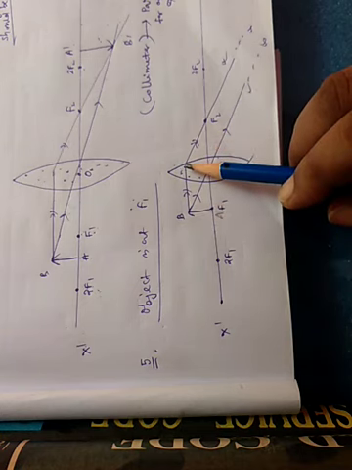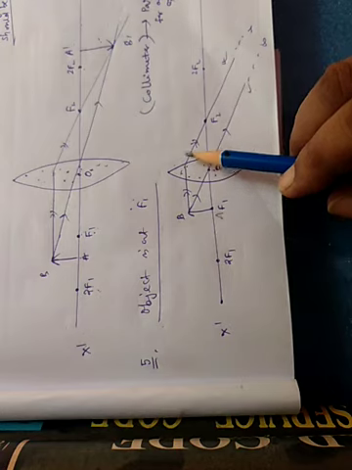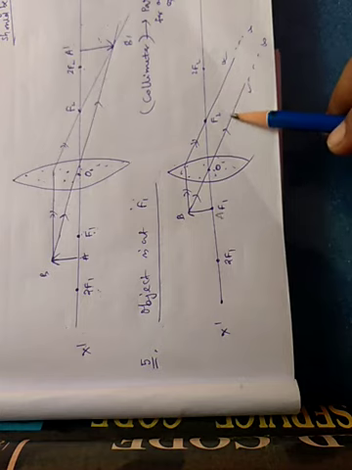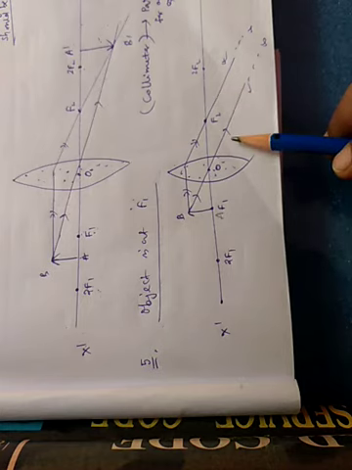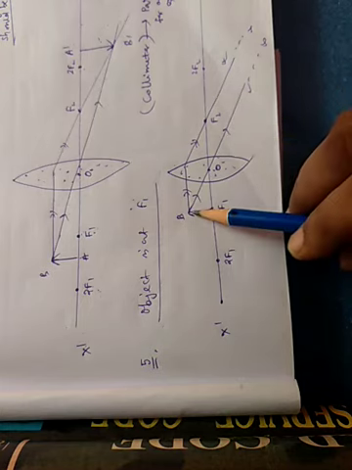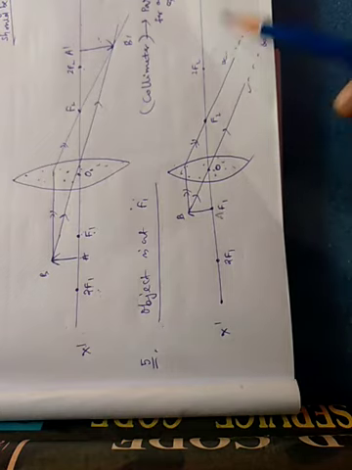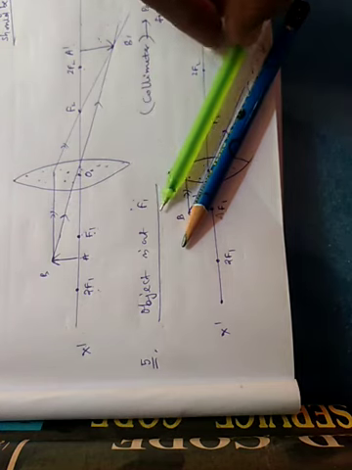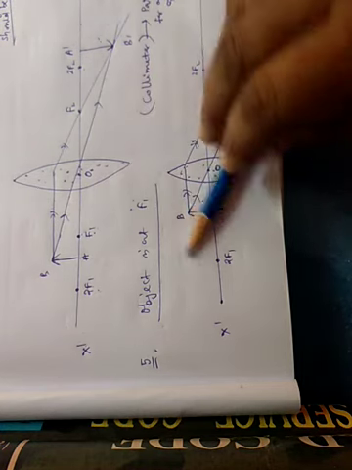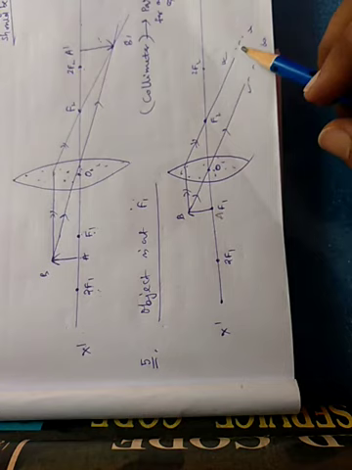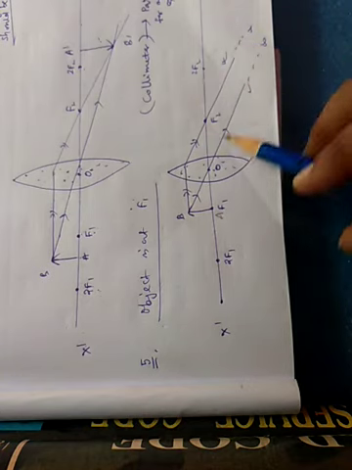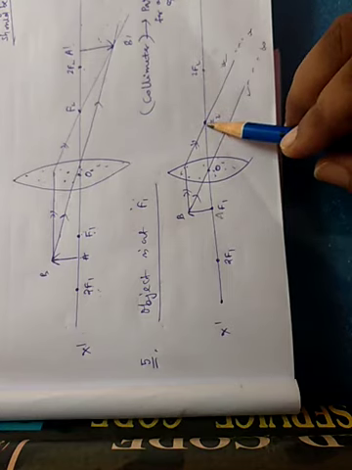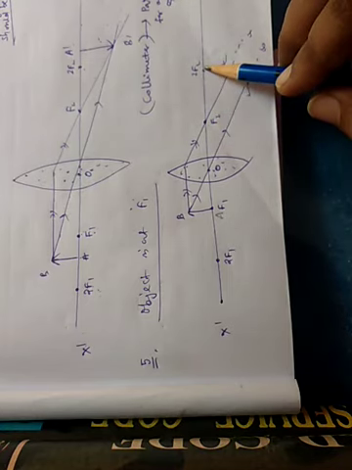So you should not be worried that you must instantly draw the refracted ray, not necessary. First keep in mind these two refracted rays must be parallel. So here what will happen, you put your scale and keep it parallel to this line. Here is the incident ray, you put your scale here, this line is parallel, then you will confidently draw the refracted ray. Now these two refracted rays are parallel, which means the image is at infinity. Then you put the mark F2, and correspondingly you can mark the 2F2.